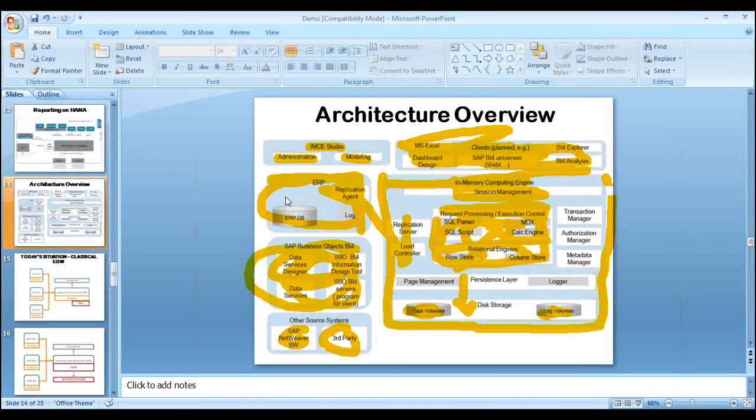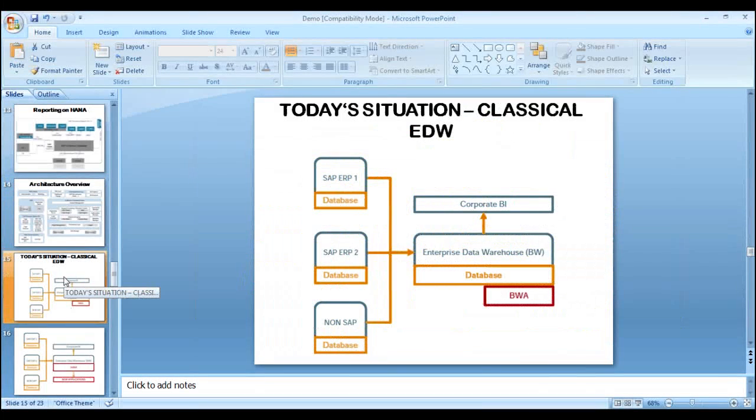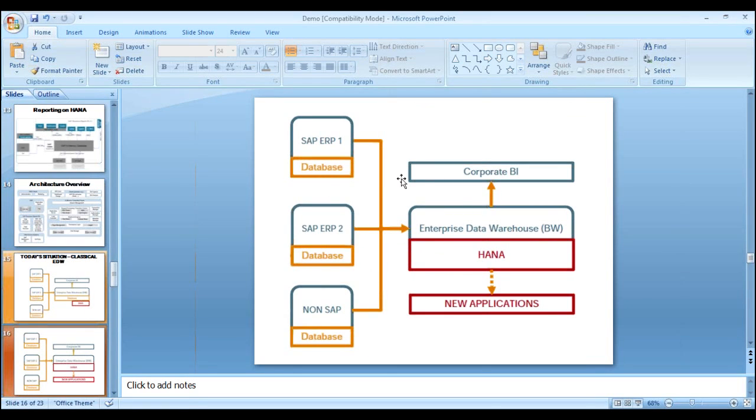Now, this is the basic scenario if you are referring to your classical enterprise data warehouse. All SAP systems are working on some third-party databases. If you see in this diagram, you have ERP 1, 2, non-SAP sitting on some database. So this is the classical enterprise data warehouse situation. Now the change is that this is already done and available right now. If you observe here,